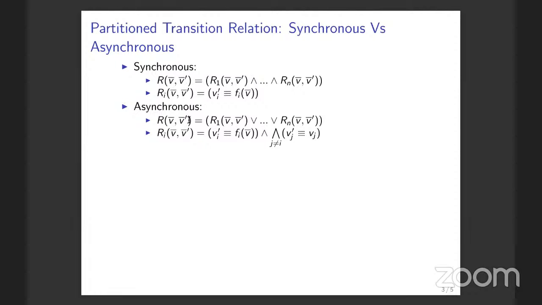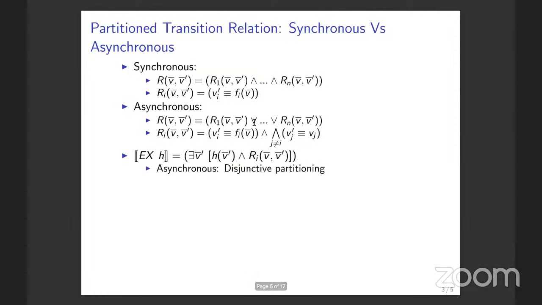For asynchronous, the structure is a disjunction of the individual transition relations, where each disjunct Ri takes the form of this. You assign the new value as assigned by the process Ri, and the rest of the things that the process i doesn't modify remain the same. This is how it is. In the synchronous case, you take a conjunction. In the asynchronous case, you take a disjunction. Given that,